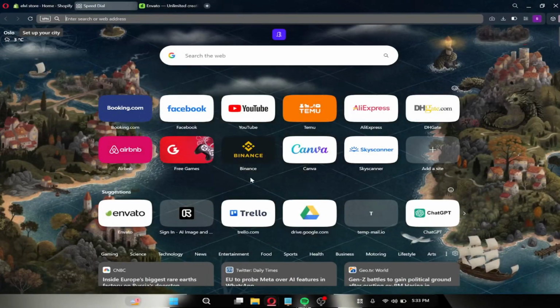In this video, I am going to show you how to install a ThemeForest theme on WordPress using a simple